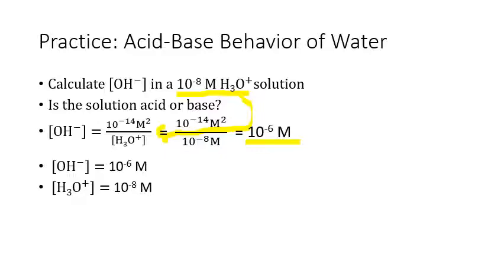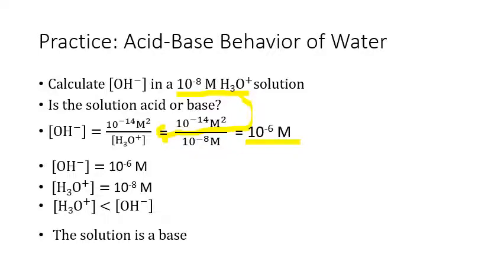So 10 to the minus 6 is a little bit bigger number than 10 to the minus 8, which means that there's more OH in this solution than H, which means that this is a base. So we can do this for any solution if we have the OH concentration or the H concentration. As long as we have one, we can calculate the other, and we can figure out whether it's an acid